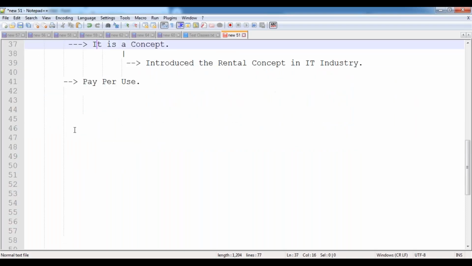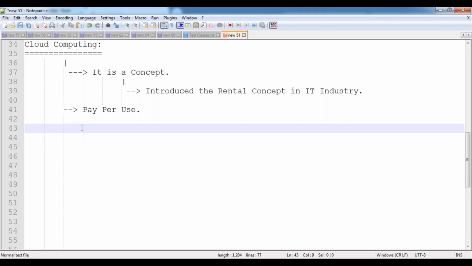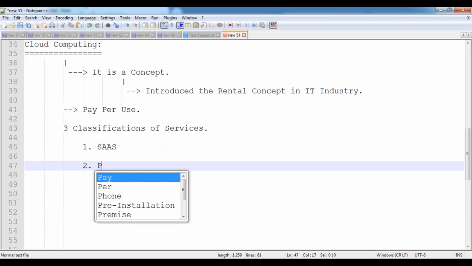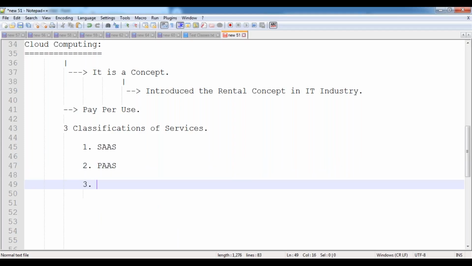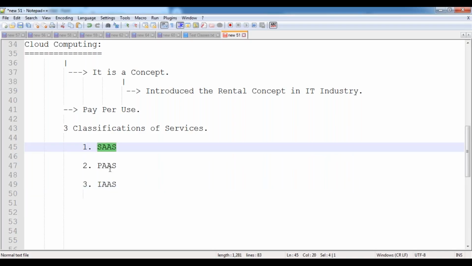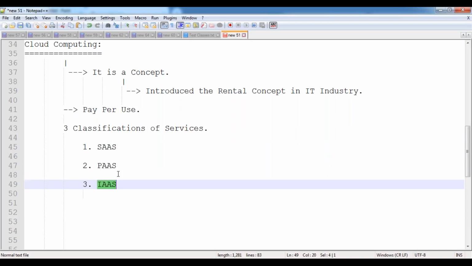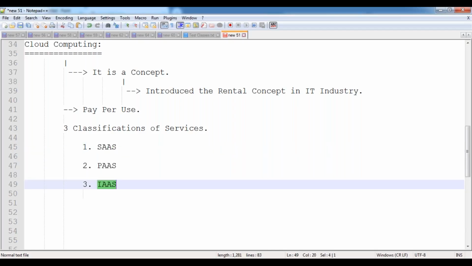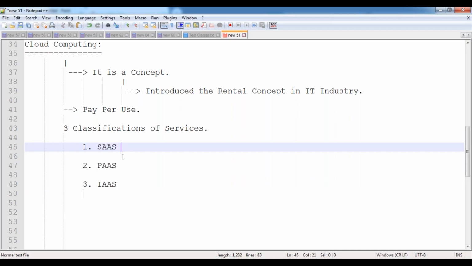Now, cloud computing provides three classifications of services: SaaS services, PaaS services, and infrastructure services. What is the full form of SaaS?